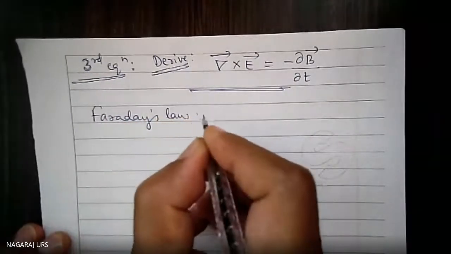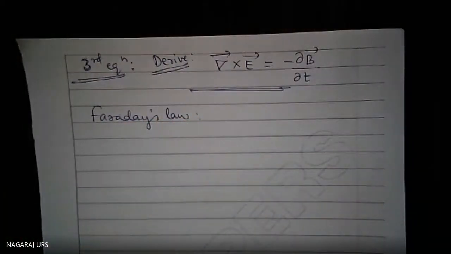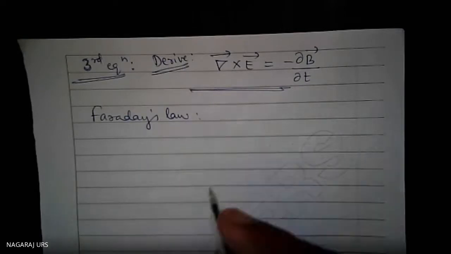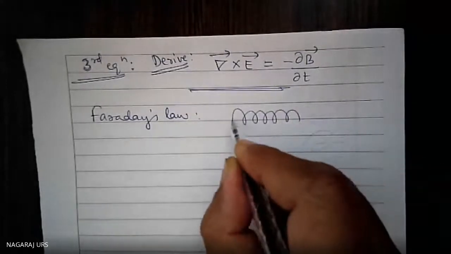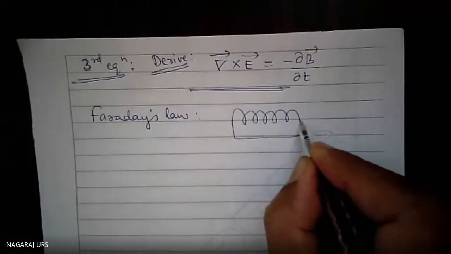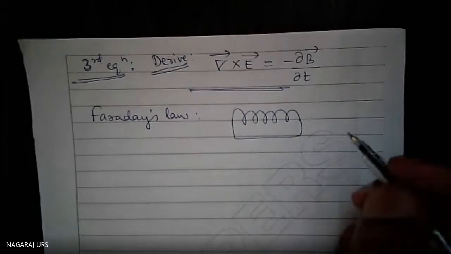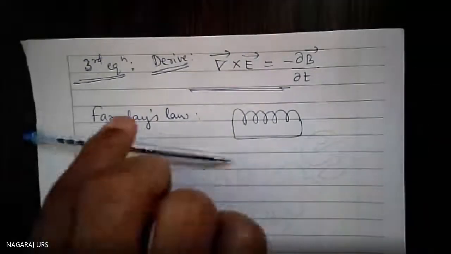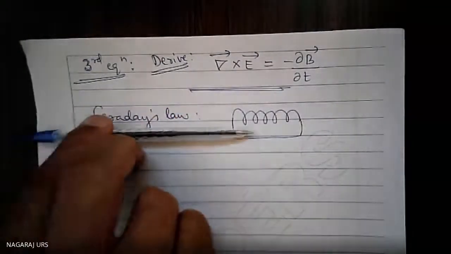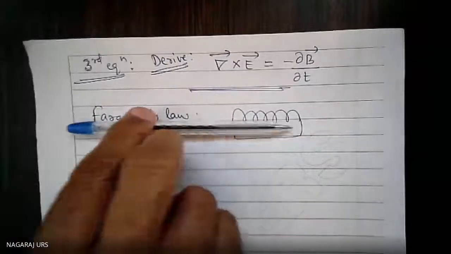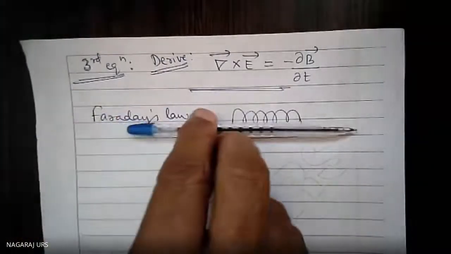Faraday's law. You are aware of Faraday's law. Even at high school level you have studied the basics of Faraday's law, then in detail in your second PUC. Whenever there is a change in the magnetic flux linking with a coil, if there is a coil present like this, an ordinary coil, and you insert a magnet into this coil and remove it, putting and removing it inside the coil,